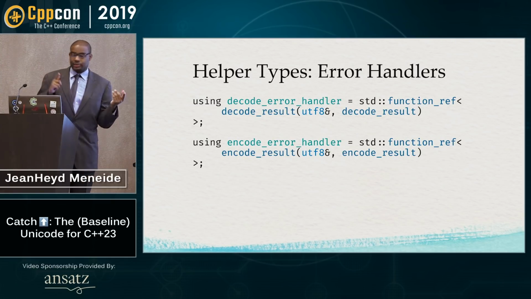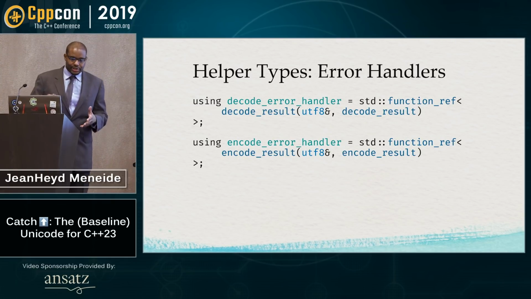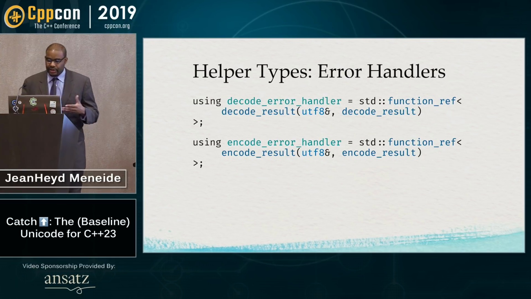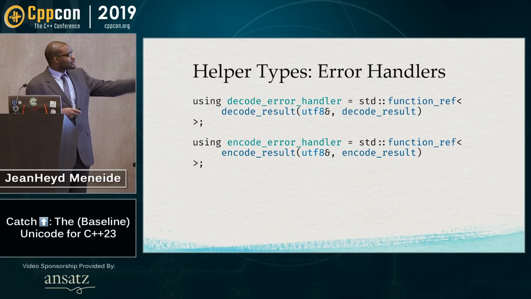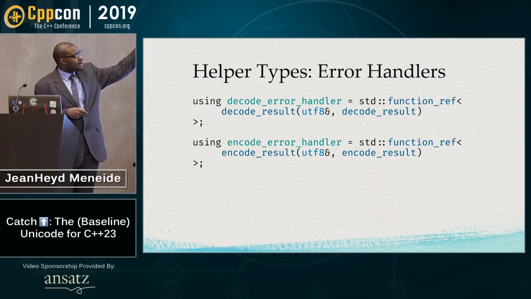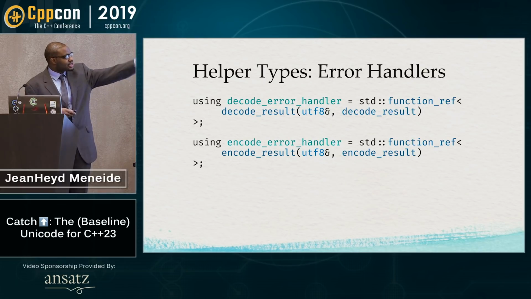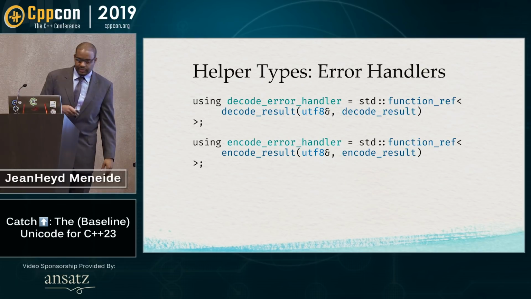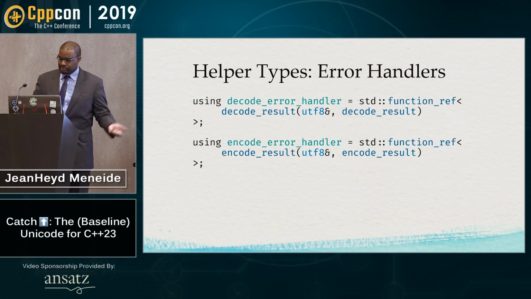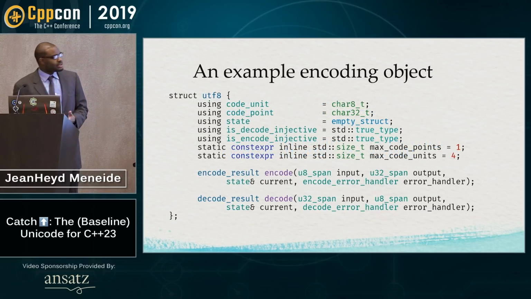We're using Vittorio Romeo's function_ref as a kind of lightweight, easy to compile reference to a function. And it has a signature that returns an encode result or decode result after it takes the initial encoding and the result itself. And we'll explain this, but we're just kind of setting up the example. So here is the